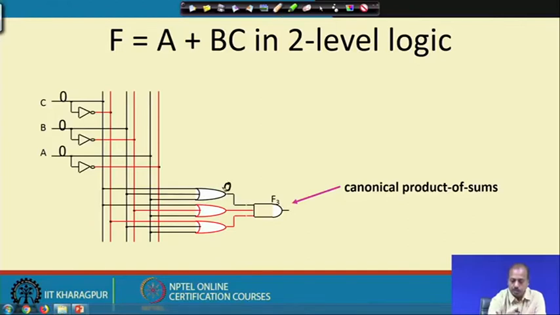So, this output is 0, and this OR gate has got some of the inputs as 1, like when b is 0, so this input is 1. So, this is 1, and similarly this is also 1, because this input is coming here as 1. So, this AND gate output is equal to 0. Now,